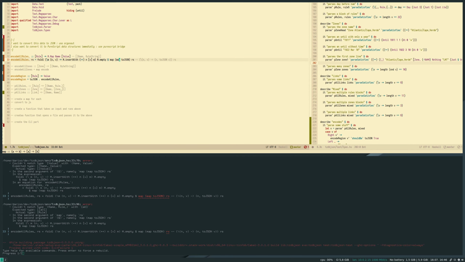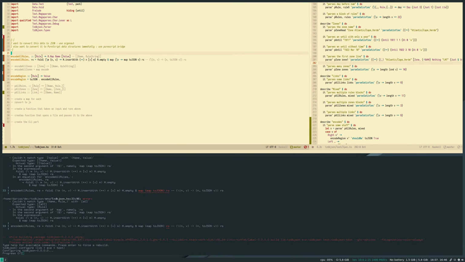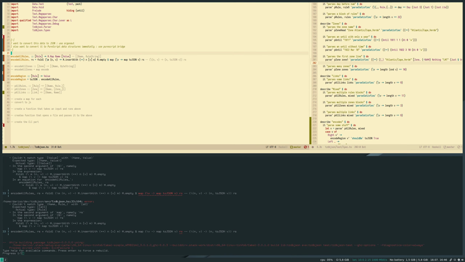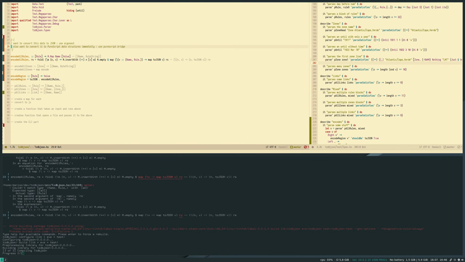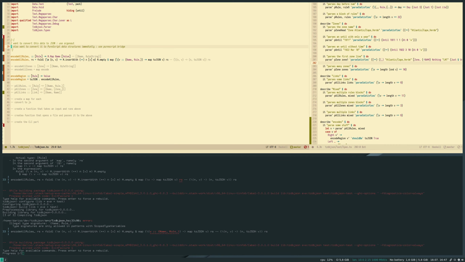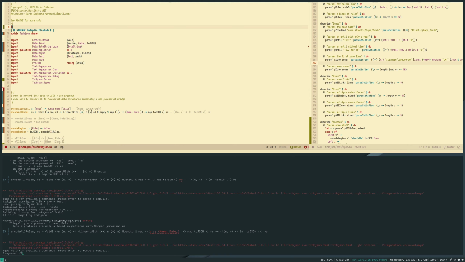Why is it doing this? So this one is the tuple. Just curious at this point. This one is name rule. Scoped type variables.